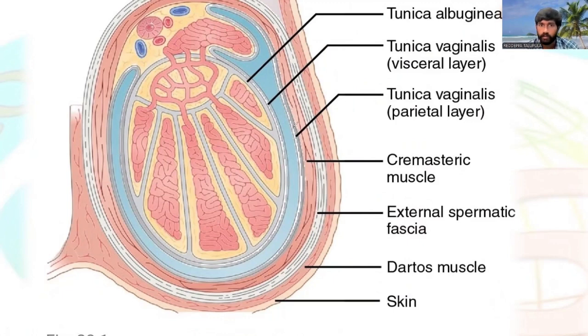See, this is the tunica vaginalis. The outer layer means the parietal layer, and the inside layer is this one. In between these there will be fluid, nothing but hydrocele. Okay, tunica albuginea, this is where the separations happen. This is the tunica albuginea,